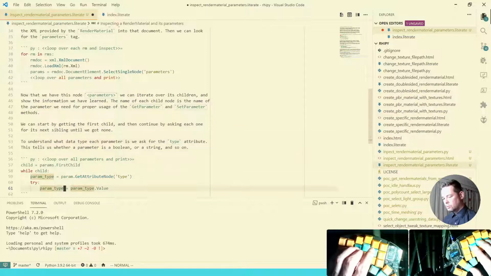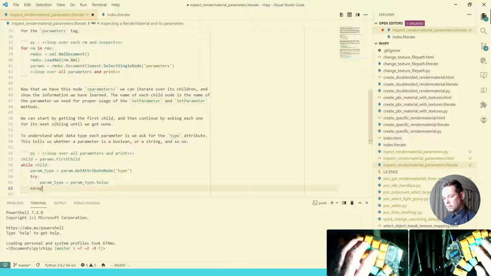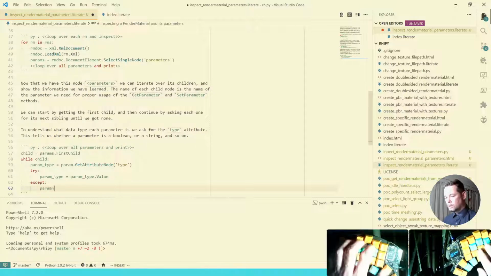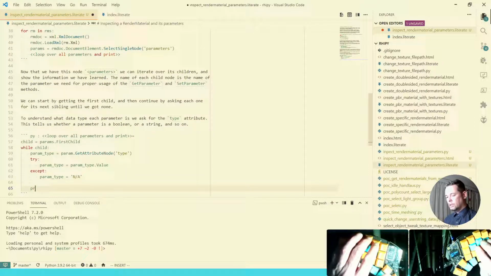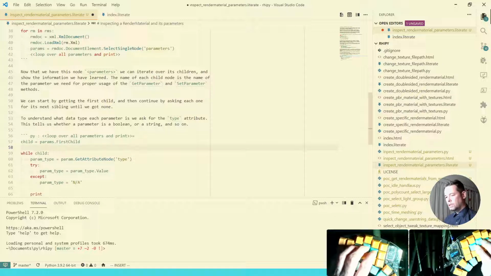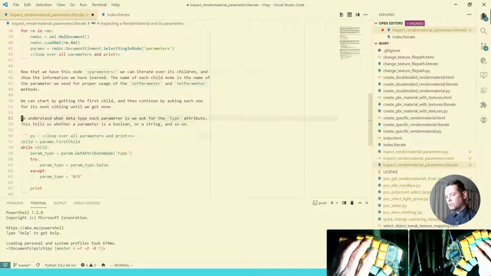No, let's do it like this. So except, so if that doesn't work, we don't have a type. We're going to do for now not available. And then we can do something like maybe at the beginning also here